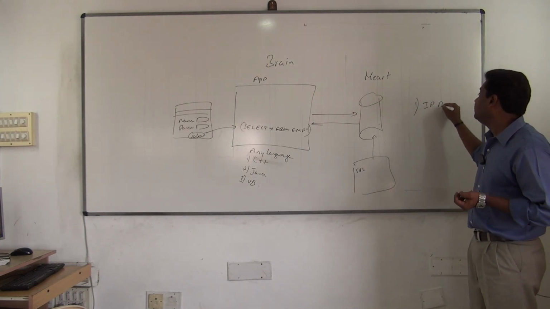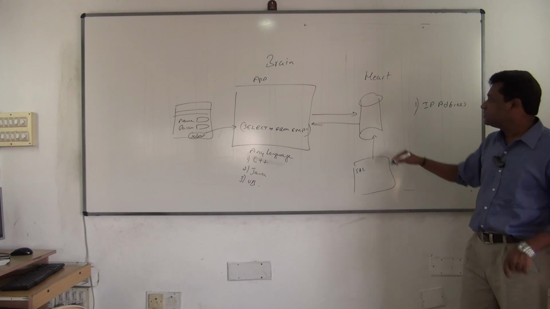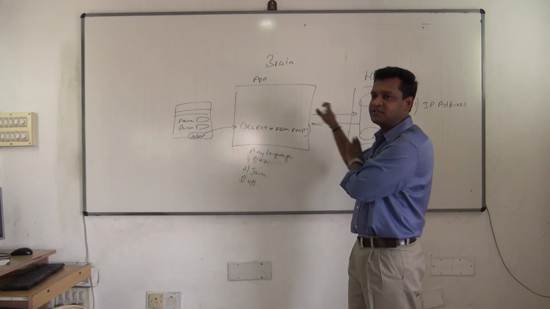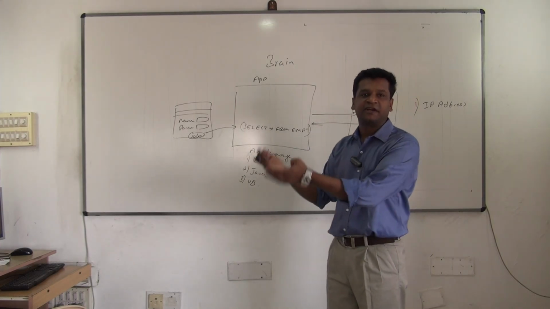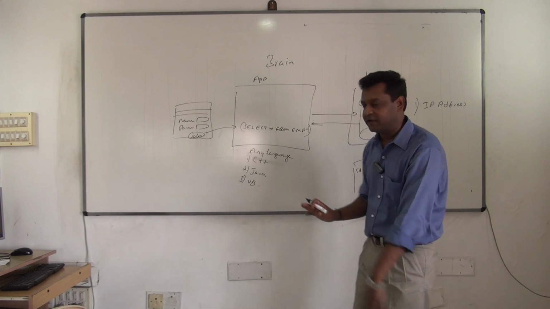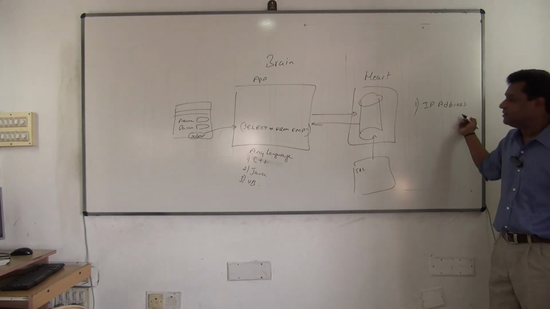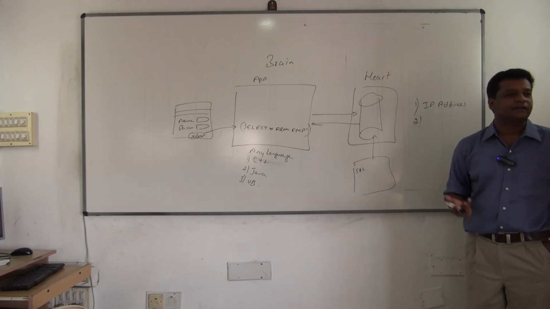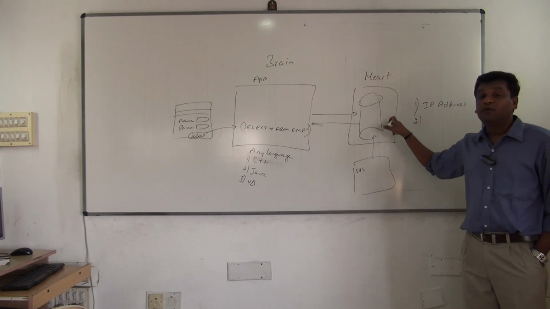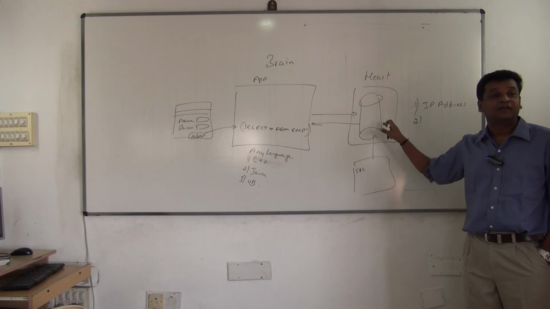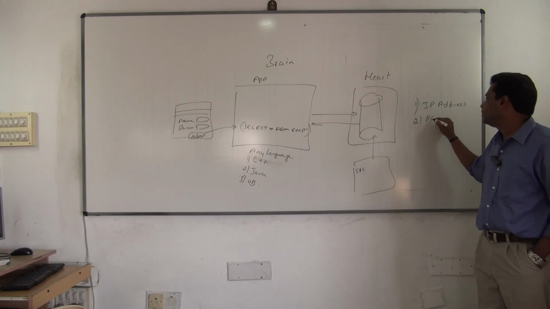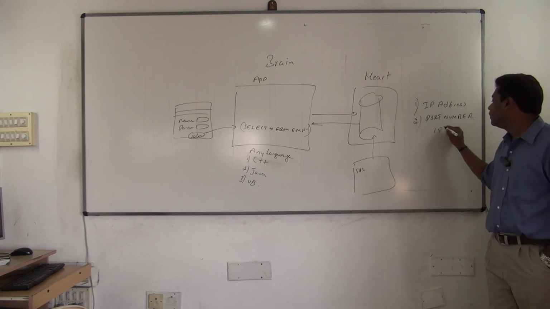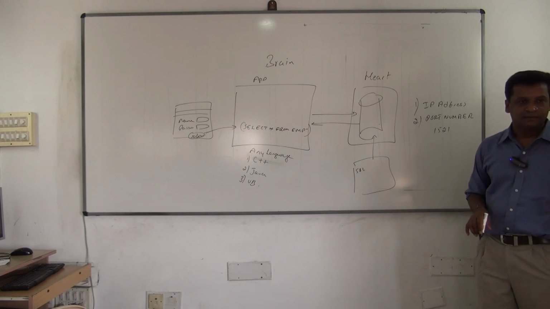First one, you need the IP address. Supposing the application is on one computer and the database is on another computer, but the application has to get connected, it will be on the network. So you need the IP address. Second, once you get connected to the computer, you need the port number, on which port the database is running. The port number of Oracle, I'm writing only Oracle, is 1521. That's the port number. Understood?